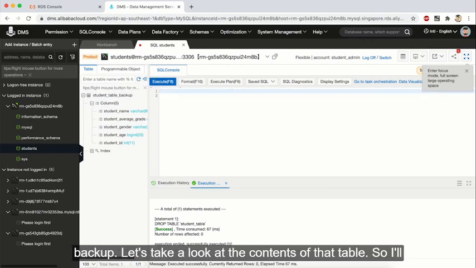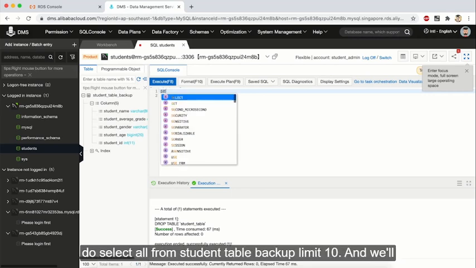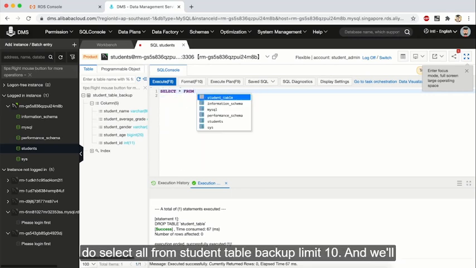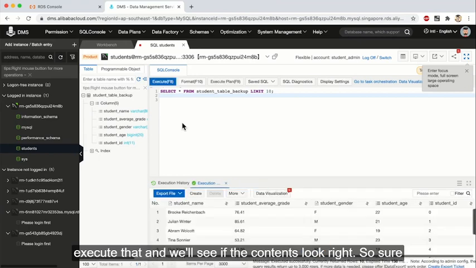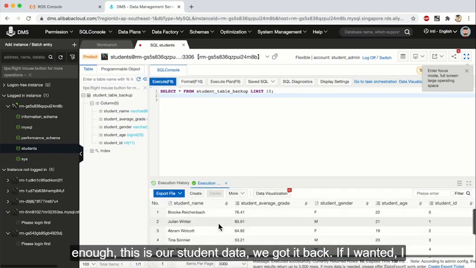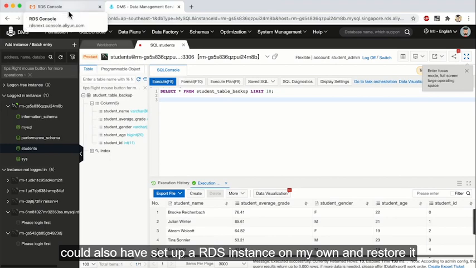But let's take a look at the content of that table. So I'll do select all from Student Table Backup, limit 10. And we'll execute that, and we'll see if the contents look right. So sure enough, this is our student data. We got it back. If I wanted, I could also have set up a RDS instance on my own and